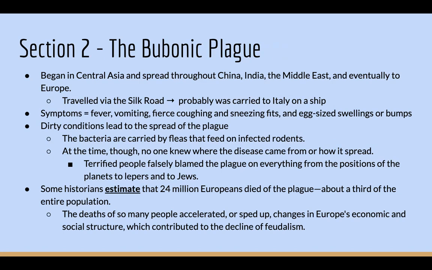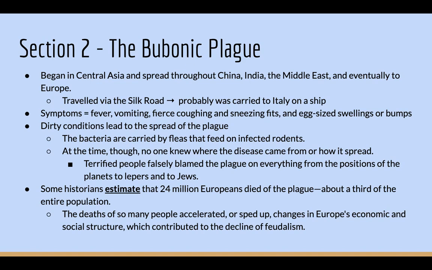Okay, so moving on to section 2, we're going to go through this one pretty quick because, again, you guys have already been exposed to this content on the bubonic plague. So in addition to political developments in England, another reason for the decline of feudalism was the bubonic plague, which affected all of Europe. The bubonic plague first struck Europe from 1346 to 1351. And it returns in waves that occurred about every decade into the 15th century, leaving behind a lot of change as well.